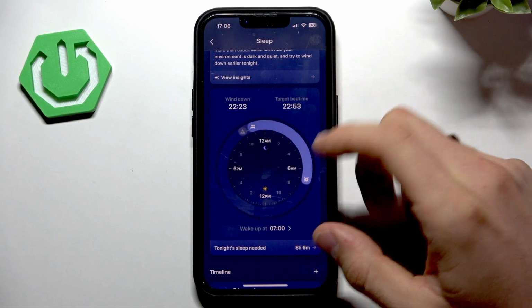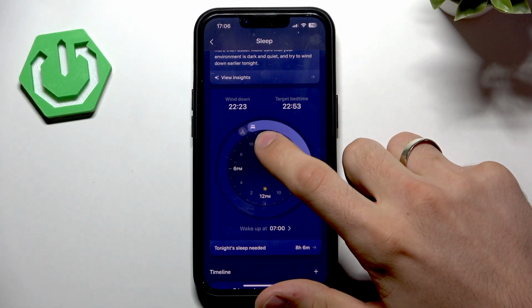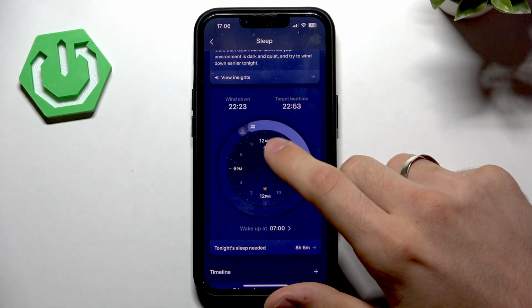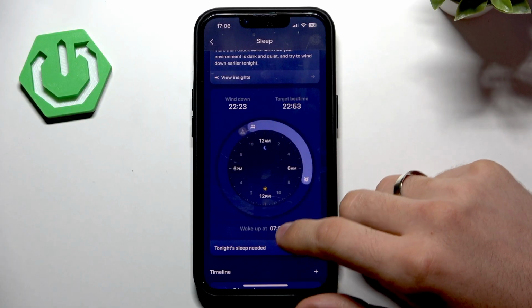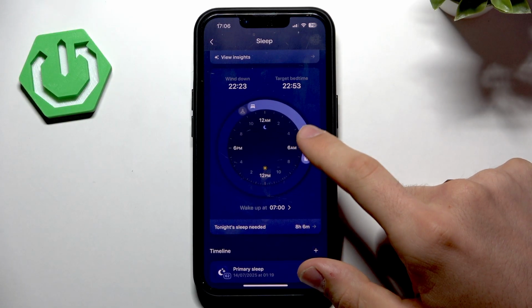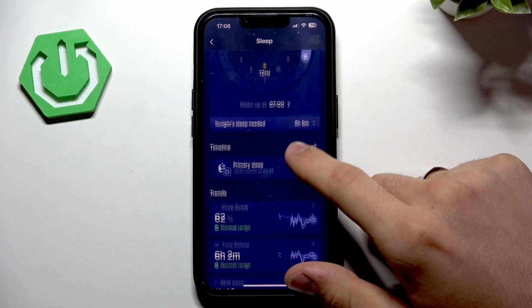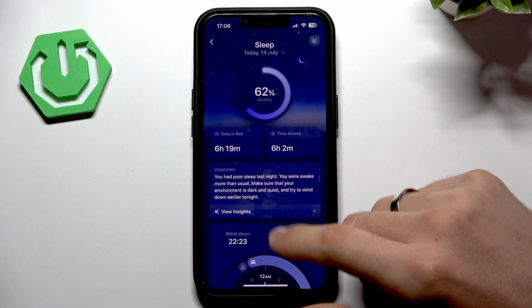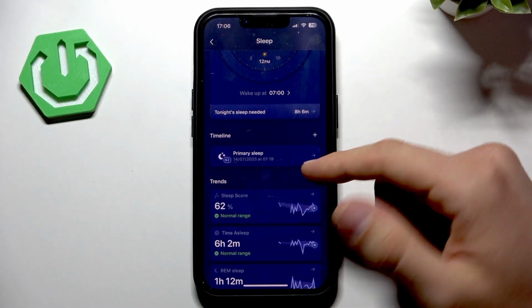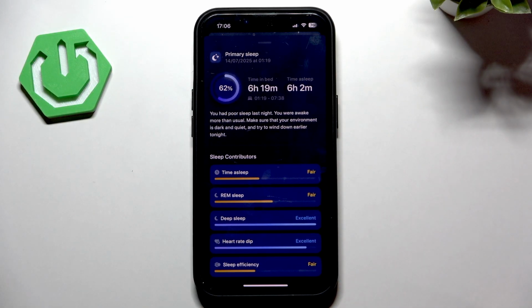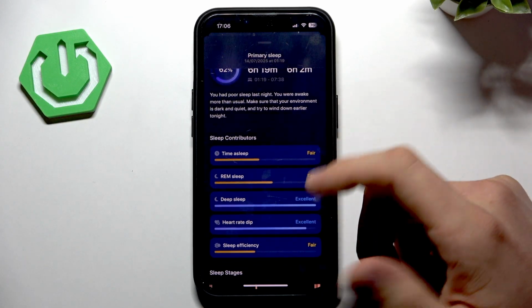This is recommendation for today, so it recommends me to sleep at 22 and 23 and wake up at 7 a.m. What about my sleep timeline? So here I have it, so just click on the primary sleep, and here we have information of